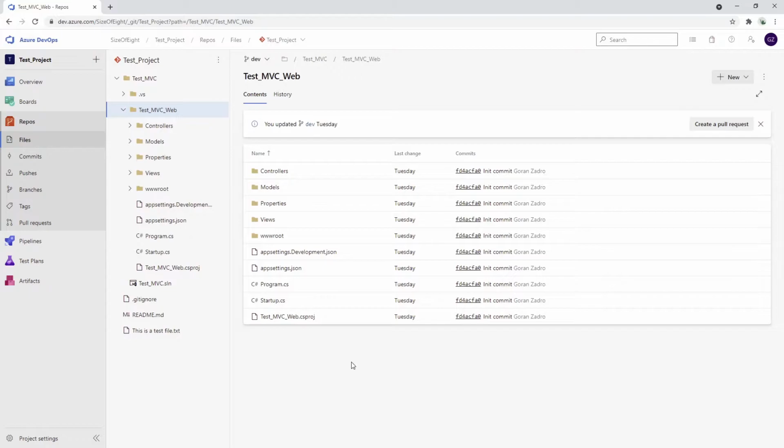Now, those pipelines that we want to create afterwards are going to be executed on a certain machine. It can be either a Windows machine, Linux, macOS, anything like this. We would first need to create this machine. So Azure DevOps before was offering two options. One was hosted pipelines and one is self-hosted